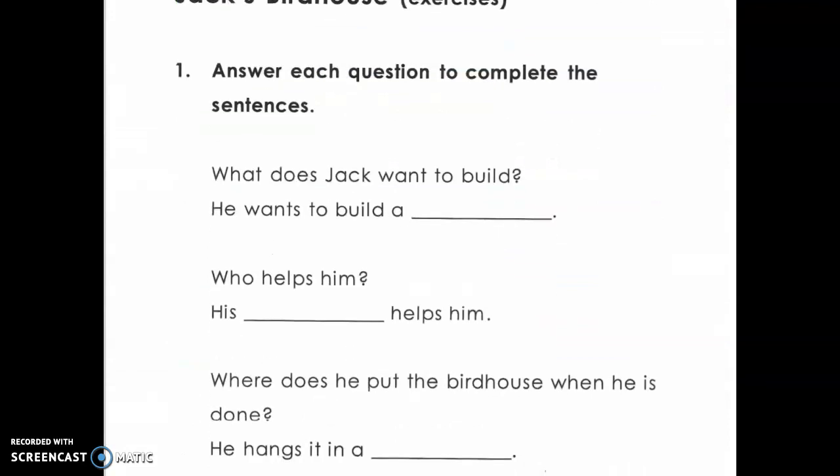So answer each question to complete the sentences. What does Jack want to build? He wants to build a... Who helps him? His what helps him? Where does he put the birdhouse when he is done? He hangs it in a...